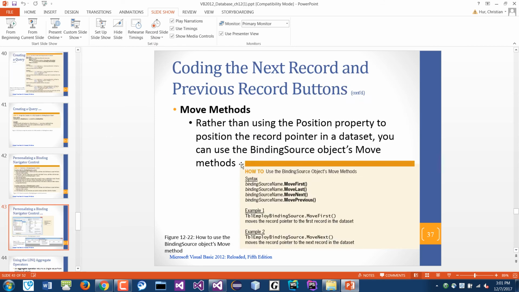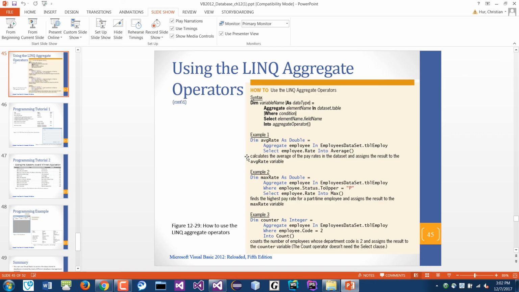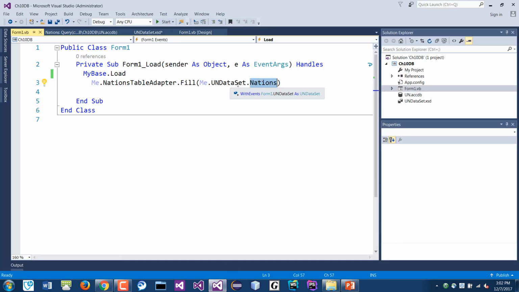So if you remember from the PowerPoint, right back here, it has that same example there. So like right here, right, employees dataset dot table employee, same thing. You just call it in that way. Ours, we happen to just leave it as a default, so we have this. You could change this to something else, but we didn't change that, so we'll end up with that. So to connect to the table inside there, we have to use this one here. Okay, so